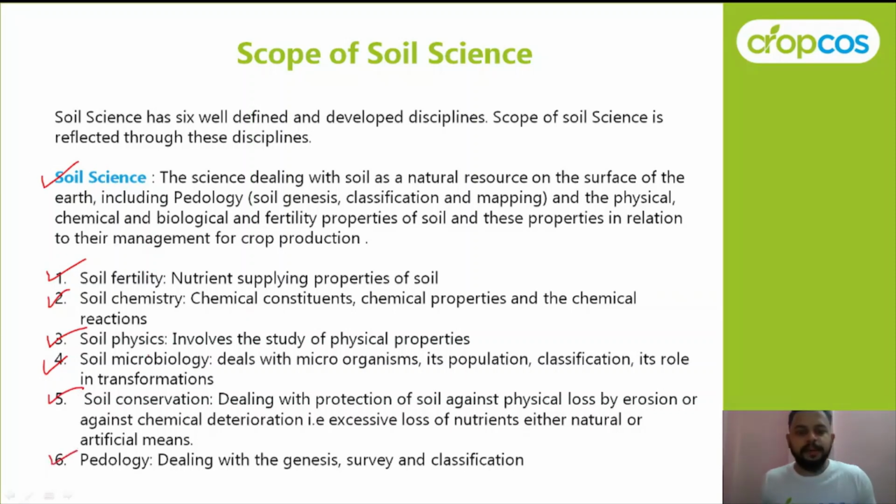Okay, so in all these divisions and units there is equal scope in terms of study, in terms of research, in terms of development. Okay, so it is not limited to this, and this is a very vast and wide scope, okay, to go on for selecting it as your career oriented subject, to go in deep research and also to make up your career.